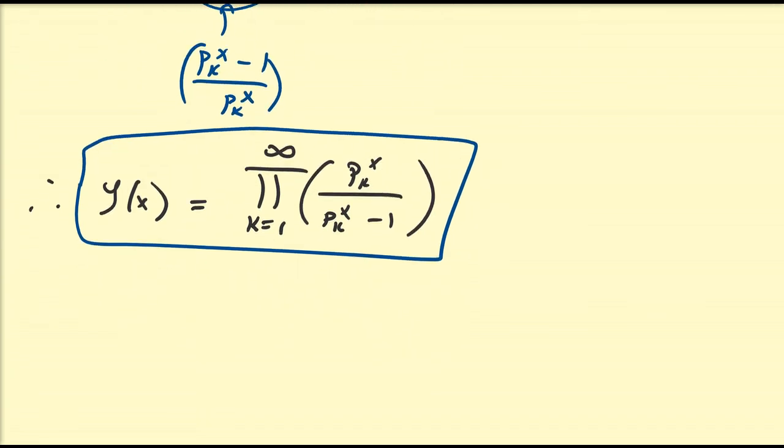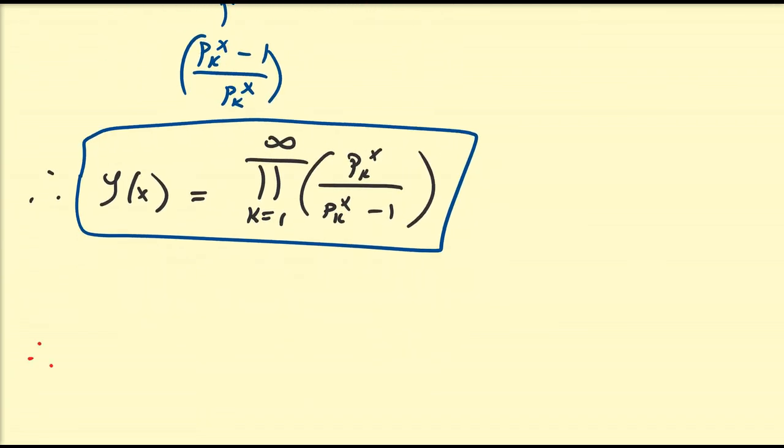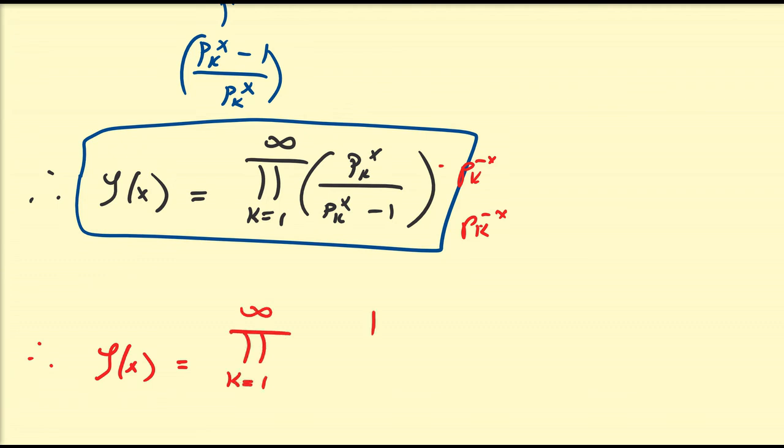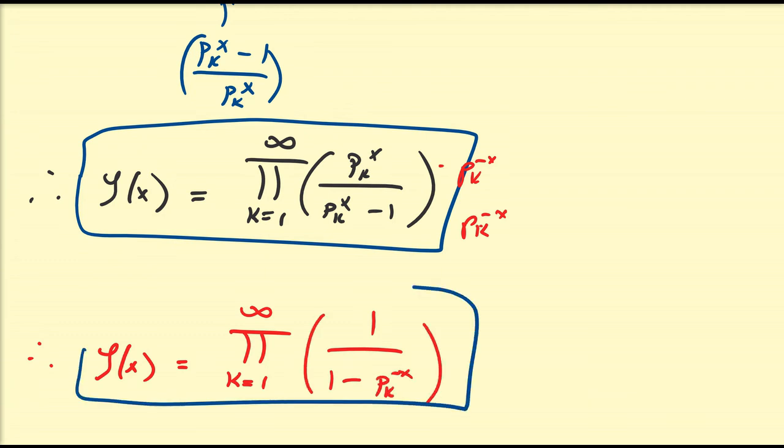There's another alternative representation that one can write this as, and that's by multiplying top and bottom by p_k^(-x). Because all the prime numbers are not equal to 0, you can always do this trick. So we can rewrite this as the product from k equals 1 to infinity of 1 over (1 - p_k^(-x)). So we get this very beautiful and intimate connection between the zeta function, the prime numbers,